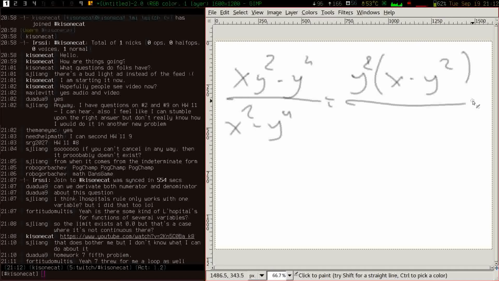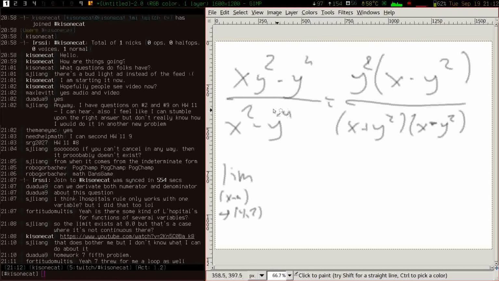And in the denominator, this is a difference of squares, so I could write that as x plus y squared times x minus y squared. And what that means is that the limit as (x, y) approaches 4, 2 of this thing,